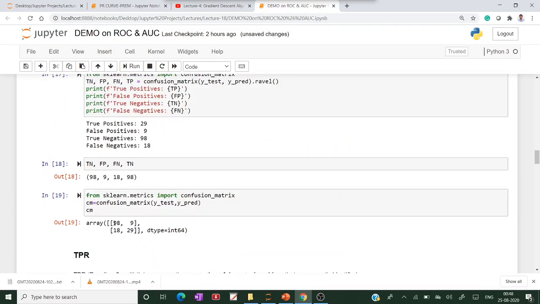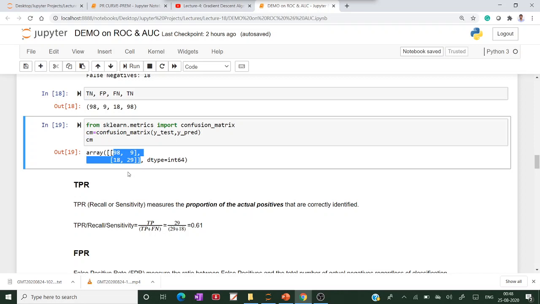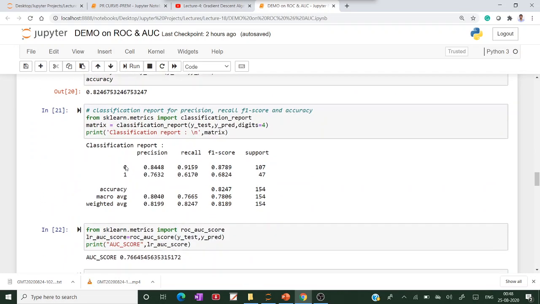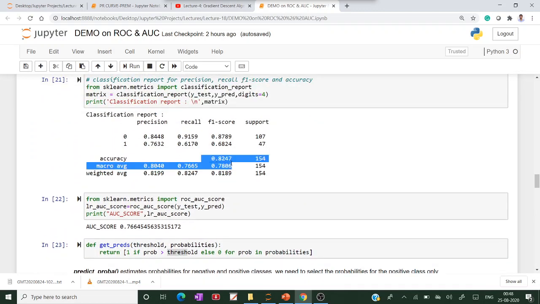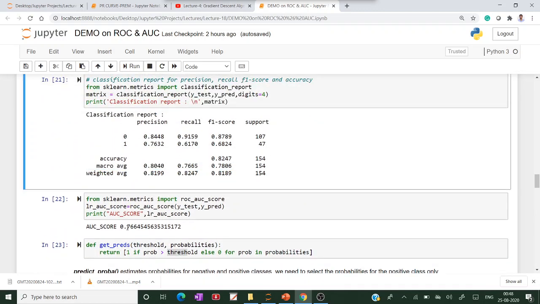This is the default confusion matrix value. So here 98, 9, 18, 29. By default, the threshold value will be 0.5. 0.8 is the accuracy, 0.76 is the AUC.